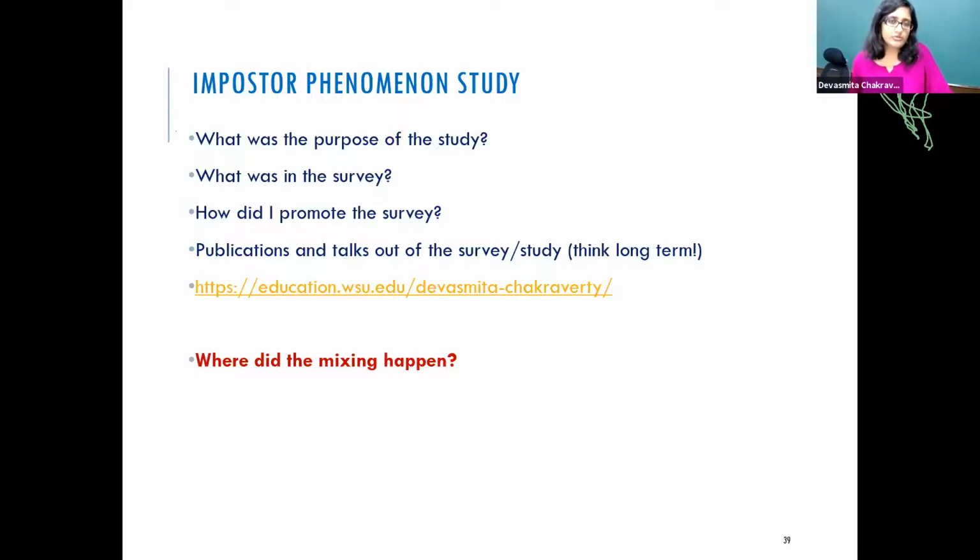So it's a self-selected group. It's not a prevalence study of how many people in a population feel like an imposter. It's a study about, given that you feel like an imposter, why do you feel like an imposter? So there was no point in contacting people who say they have never felt like an imposter. The second thing is it can be an uncomfortable topic for people. Now, what people said sometimes became an ice-breaking question. So I could say something like, hey, you told me when you went playing ice hockey and something happened and you fell down and you couldn't compete in the Olympics and you felt like an imposter.